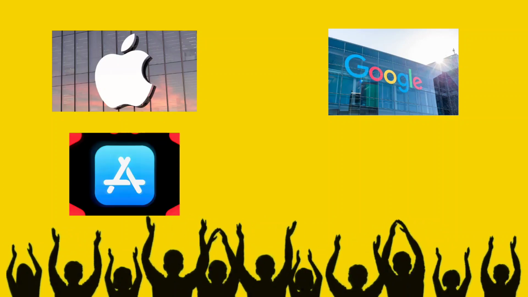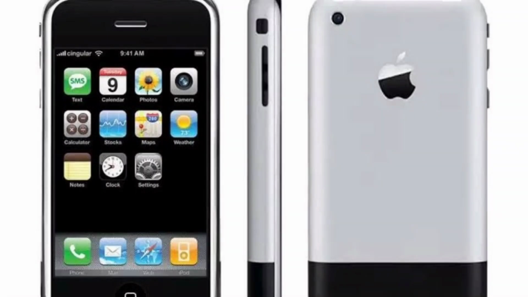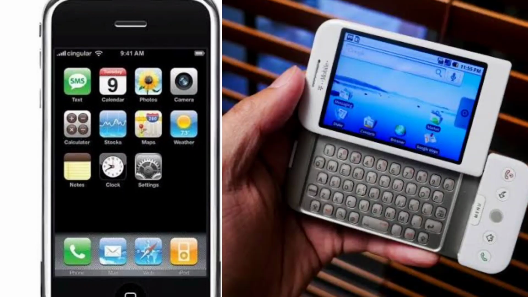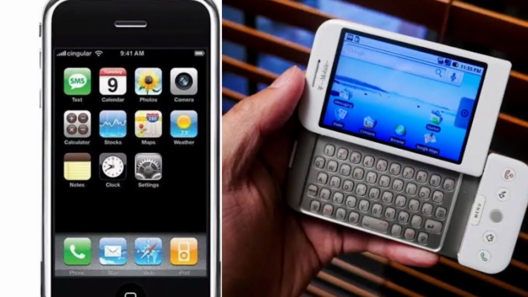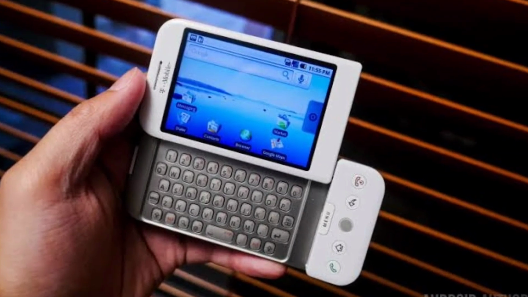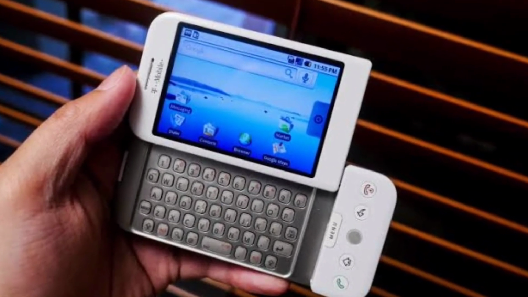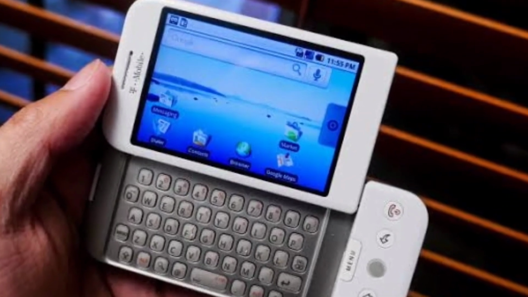But all of this changed during 2008 when both Apple and Google introduced the App Store and the Android market. But before that, during 2007, the first iPhone and the first Android smartphones were introduced, promising desktop quality experiences in the palm of your hands, where not only you can just call and text, but also browse the web, send emails, and even use applications.